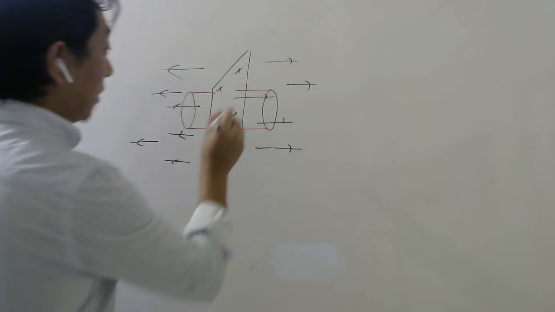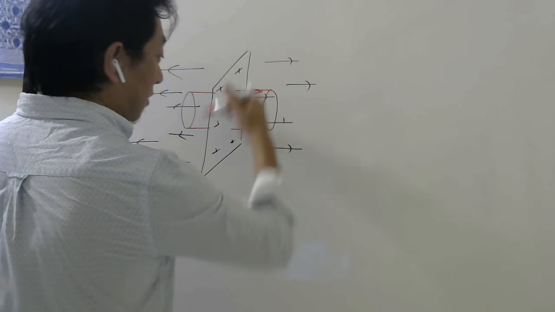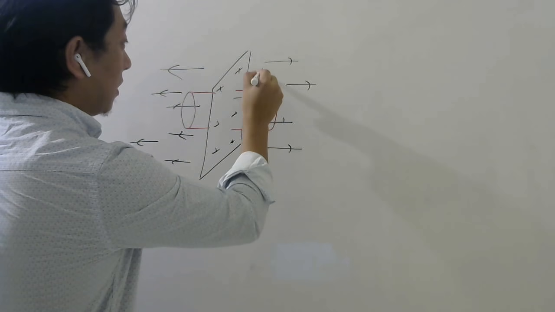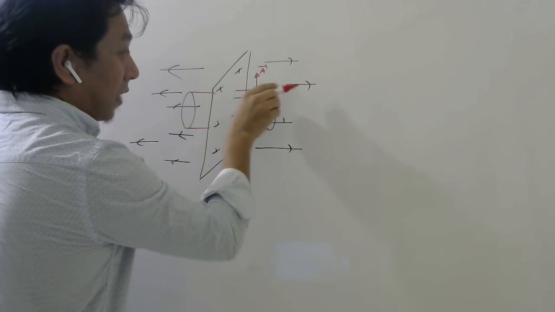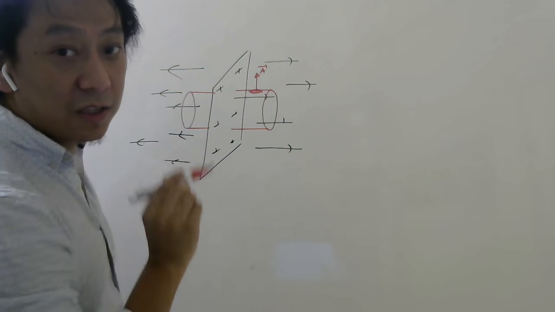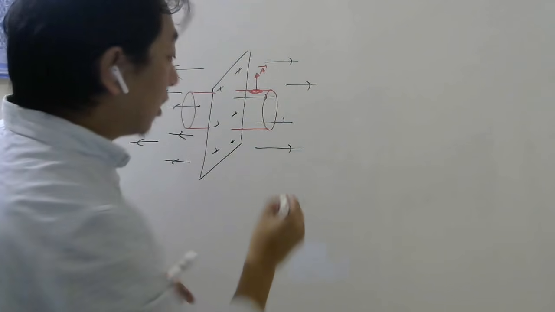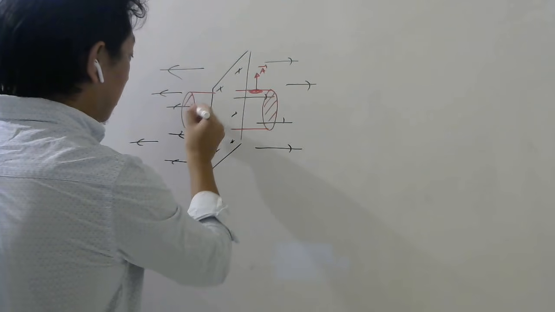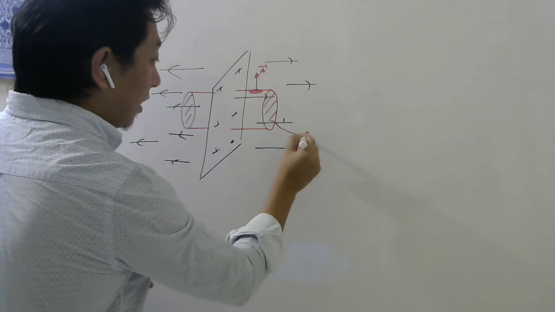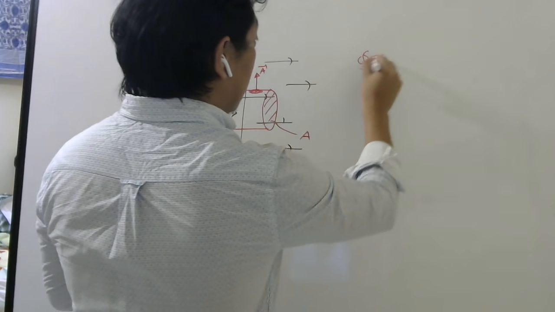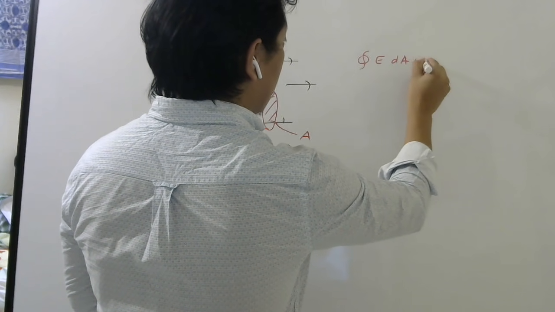Now look carefully. If you take this part of the curved surface of the cylinder, the area vector will be here. Electric field vector is along these black lines. So the angle is 90 degrees, so flux will be 0. From here there will be no flux. Only flux will come from this part and this part. Let us say this area is A. Then in electric flux, what do we have? Integral E dA cos theta.